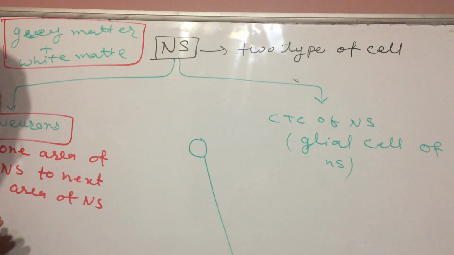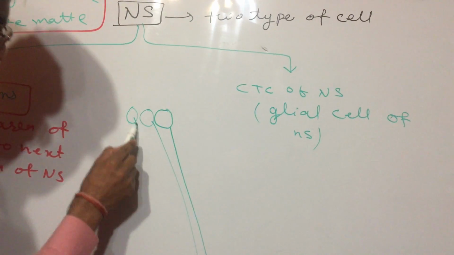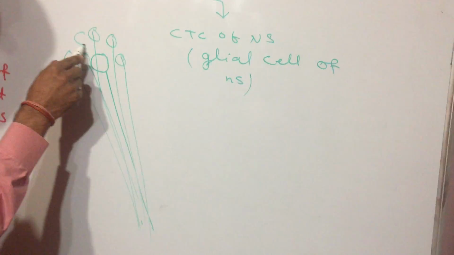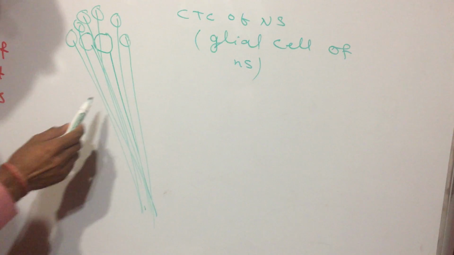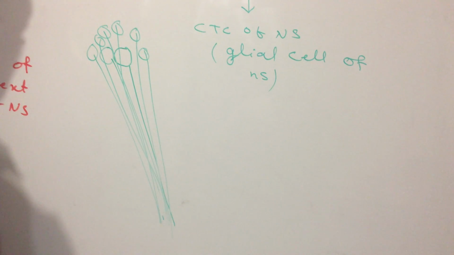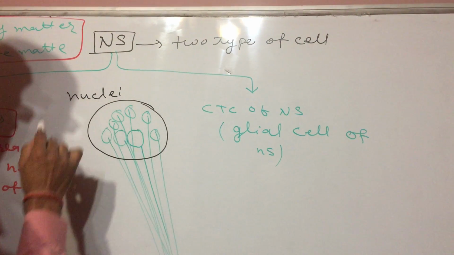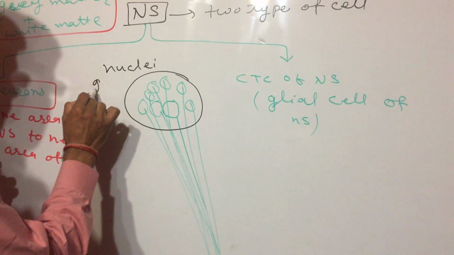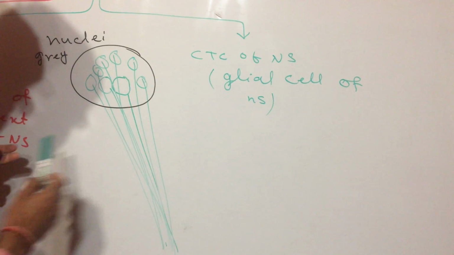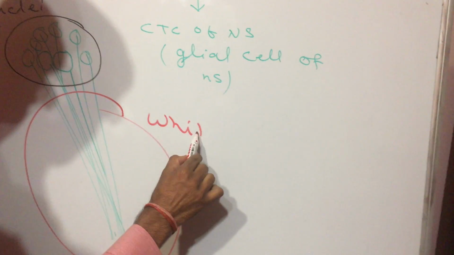many nuclei are put together, and all these nuclei are gray, and the nucleus has axons, and these axons are white. Okay,